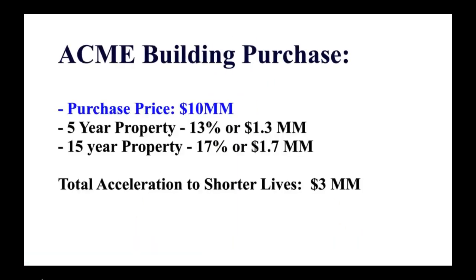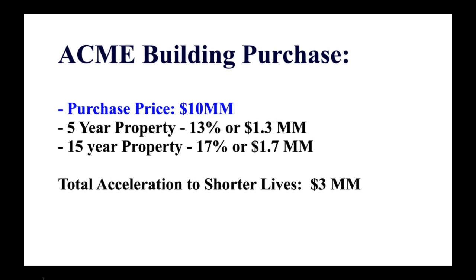Well, in the example above, let's assume that Acme Corp's building actually costs $10 million instead of $39. By segregating the assets through a cost segregation study, they could potentially allocate 13% of their building to 5-year property and 17% of it to 15-year property. And that means that instead of $10 million being expensed over 39 years, Acme could write off $1.3 million, or 13% of that expense, in the first 5 years, and $1.7 million of it in the first 15 years, thereby